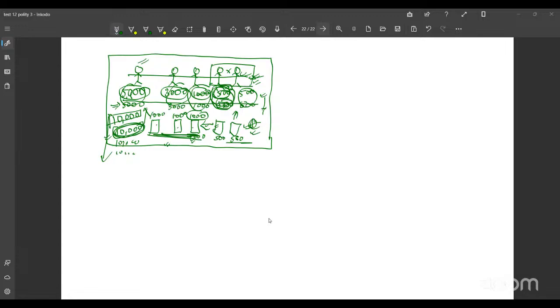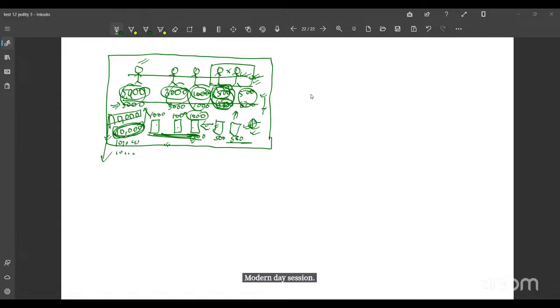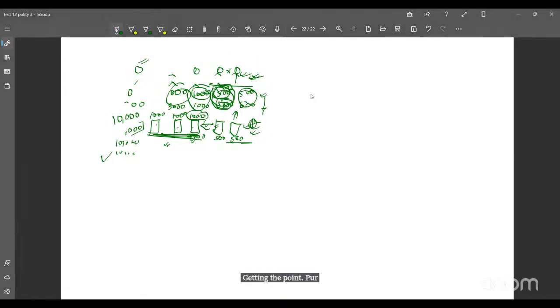So that is why government will actually restrict the printing of money. அவங்க restrict பண்ணிடுவாங்க. ஒரு லெவல்ல வந்து என்ன பண்ணுவாங்கன்னா, இல்ல ரொம்ப ஜாஸ்தியா வந்து print பண்ணோம்னா, so these decisions would be taken by the RBI. RBI என்ன பண்ணிடுவாங்கன்னா, நாங்க பணம் print பண்ண மாட்டோம். இதுக்கு மேல பண்ண என்ன அது வந்து மானிட்டைசேஷன் சொல்லுவாங்க. அது பண்ண மாட்டோம். டிமானிட்டைசேஷனுக்கு ஆப்போசிட். மானிட்டைசேஷன் பண்ண மாட்டோம். பண்ணுனா என்ன ஆகும் அப்படின்னு பாத்தீங்கன்னா, இன்ஃபிளேஷன் ரொம்ப ஜாஸ்தி ஆயிடும் அப்படிங்கறத வந்துட்டு அவங்க வந்து கெட்டிங் த பாயிண்ட். புரியுதுங்களா?